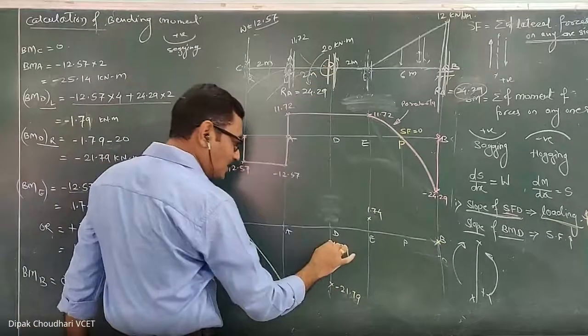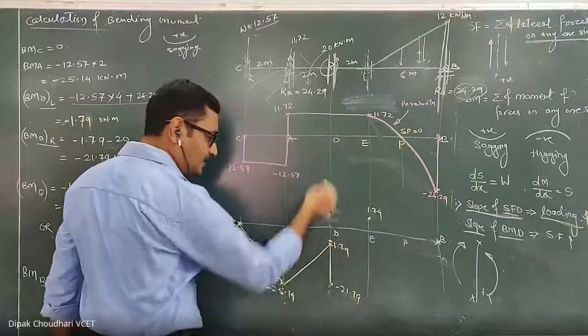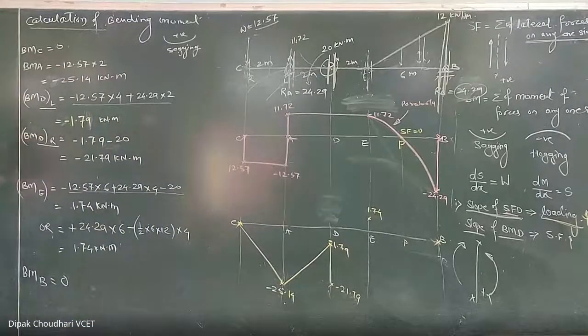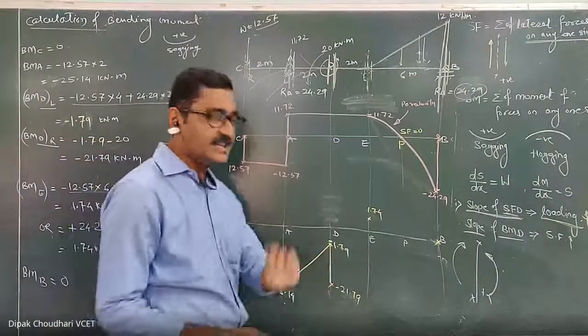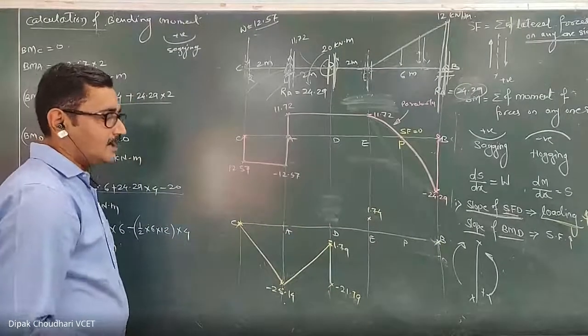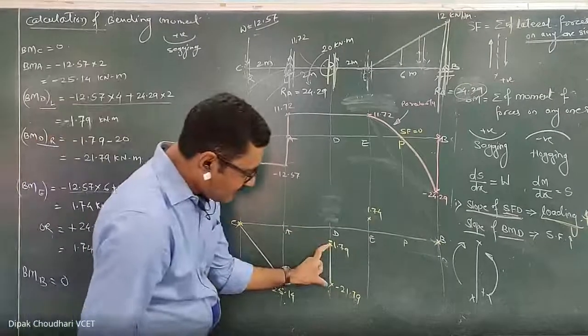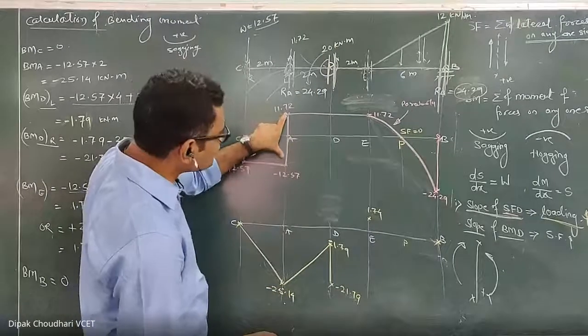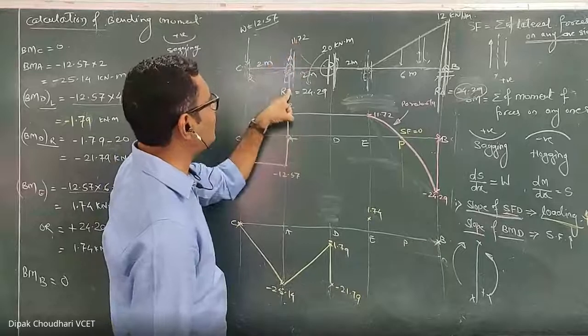Okay. Now because of this moment there is a sudden change in the bending moment. So at this point D only you will get two different values, one on the left hand side, one on the right side. So first you have to consider the left side and then the right side, because we are moving from left to right. Understood? The difference between these two values is equal to this moment. Similarly here, the difference between these two shear force values is equal to this point load.